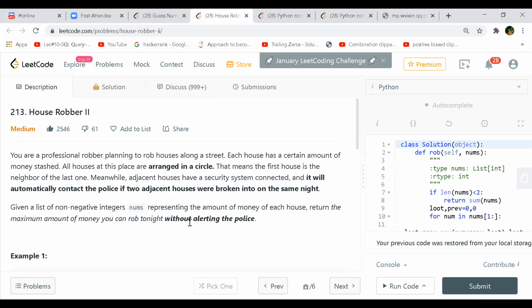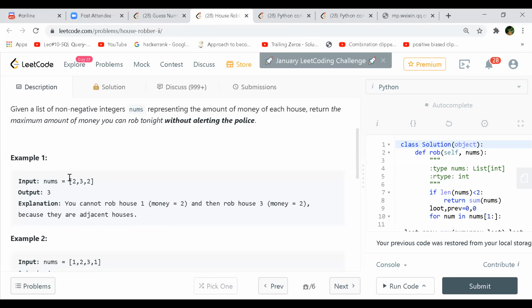Given a list of non-negative integers nums representing the amount of money in each house, return the maximum amount of money we can rob without alerting the police. So adjacent houses, if we pick two, we are not supposed to pick three, right? By doing that, we have to maximize the amount we pick up.